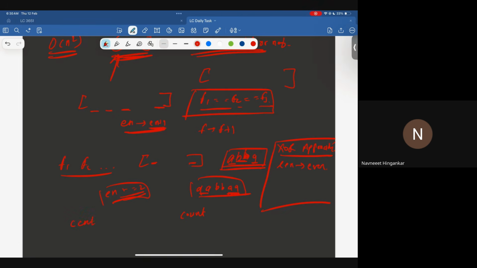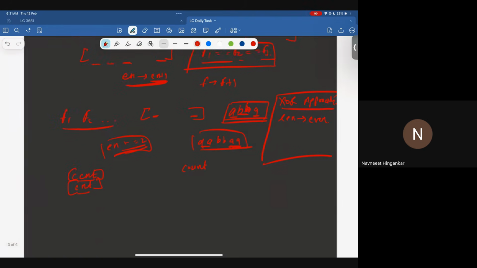Basically count and count of count, I prefer this. There might be some simpler implementation, but this is the one I would prefer for now, because this is just hash maps: one will maintain the count of count and one will maintain the count of characters, right? So let's start with this string AABBA,